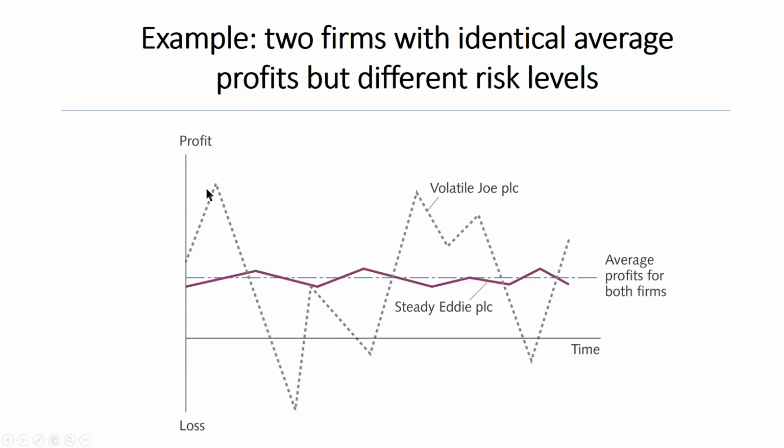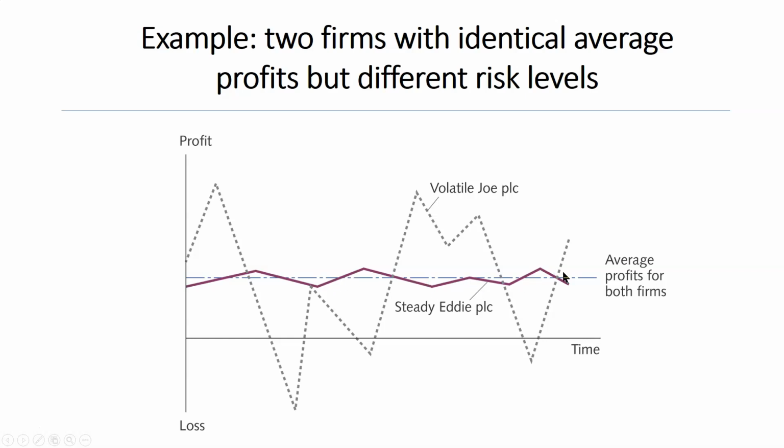Sometimes in some periods you are very, very profitable. In some years you suffer significant losses. Sometimes they're just less significant. You are just barely breaking even, and you get a certain average profit, let's say 10% per year, your return on investment. On the other hand, there is another company whose profit is shown by this thick brownish or reddish line,